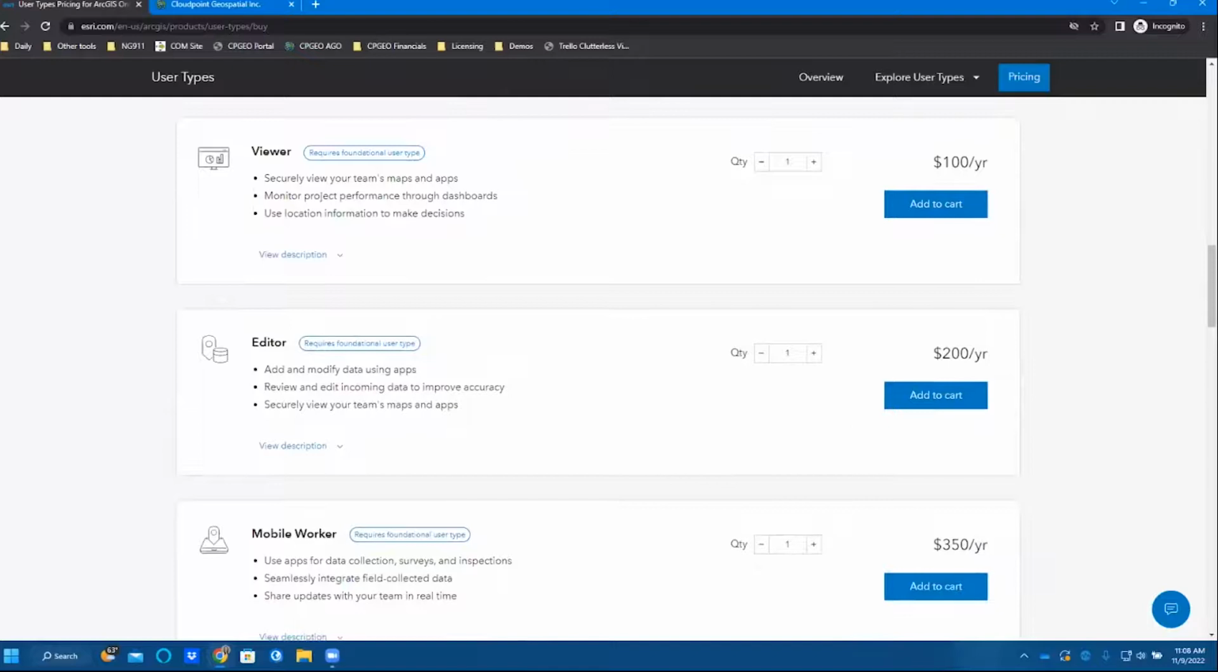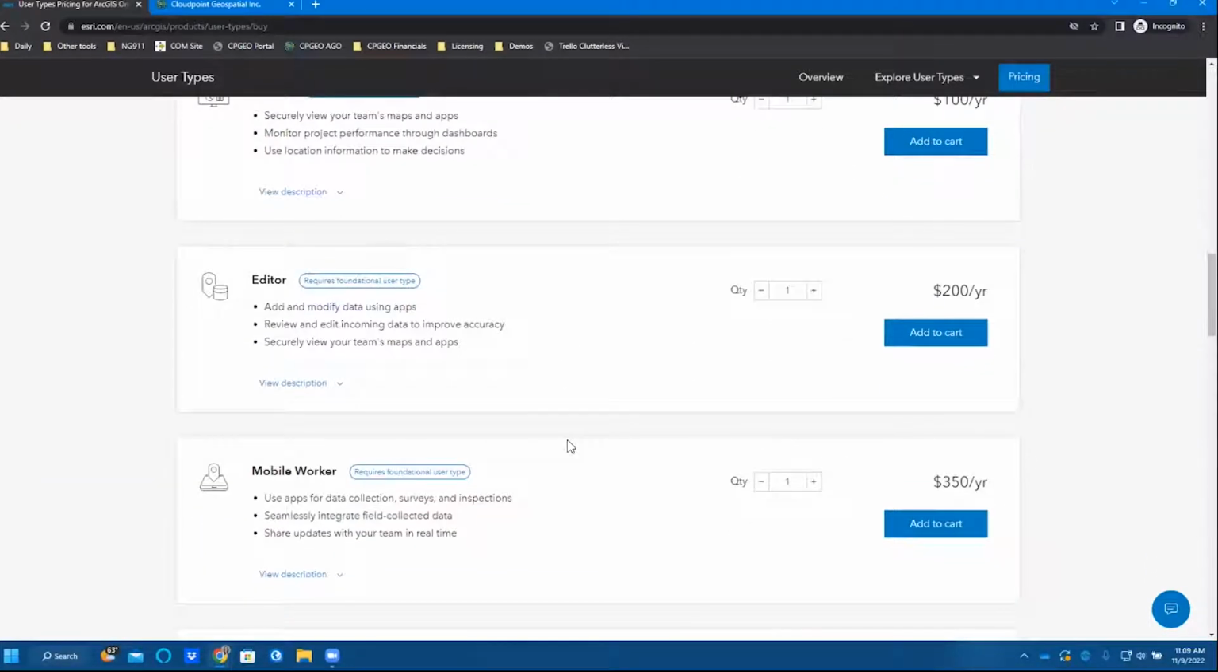The next level is an editor user. So they can edit and add data that already exists. So they could get into a web map and edit that data. They could get into an app you created and edit it, but those users can't create more maps and apps. That's the limitation there. And the mobile worker just adds on to that editor ability